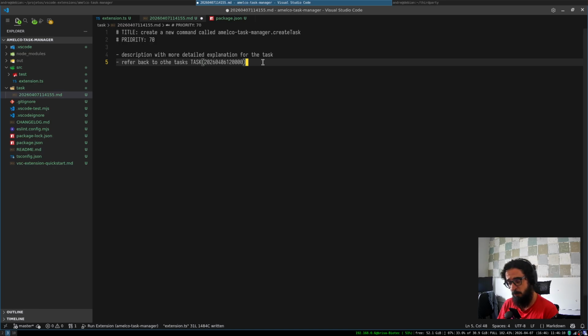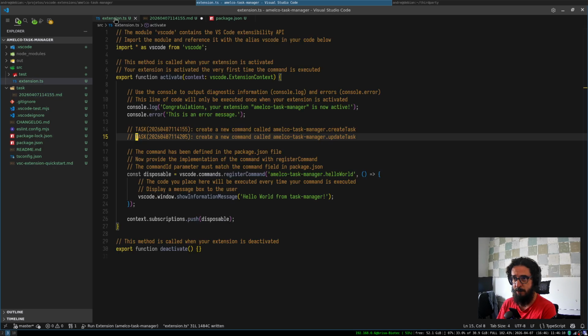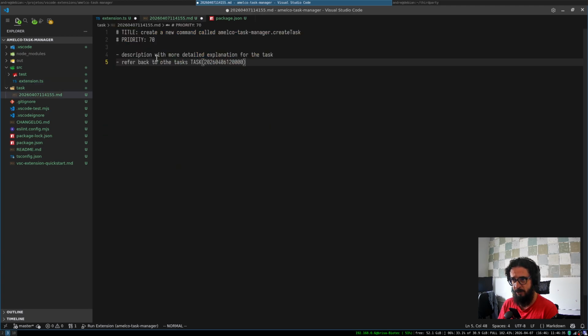And the second command is to go to that task, because we will have a bunch of tasks in the code, and I execute the other command. It's not update task, maybe it's go to task, because when I execute this command here, it should go to here,